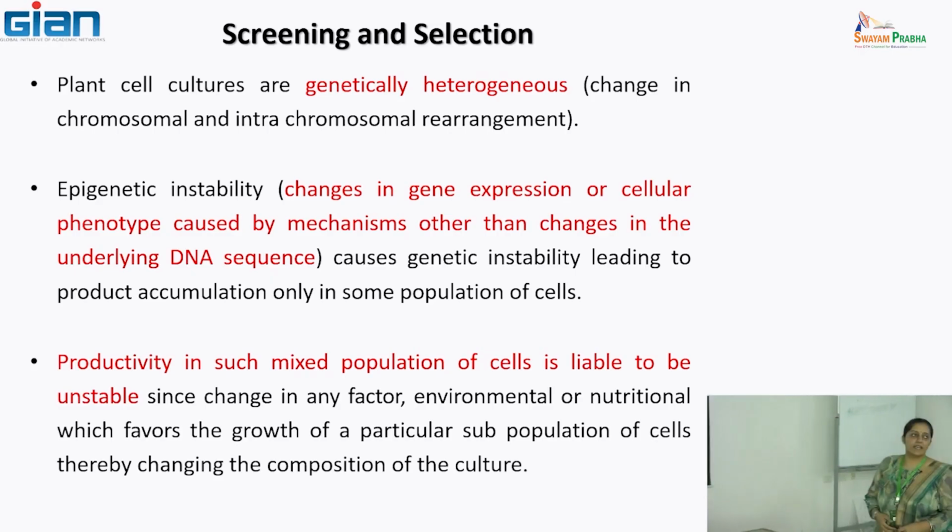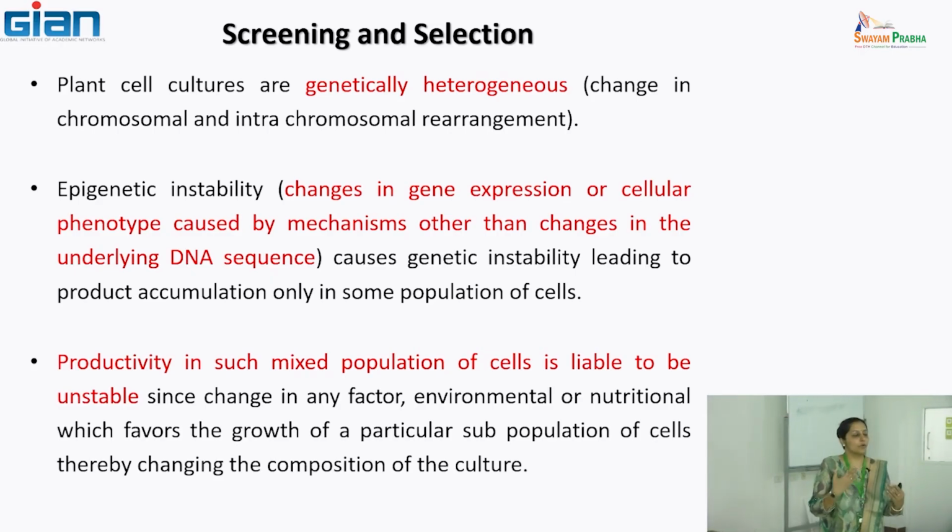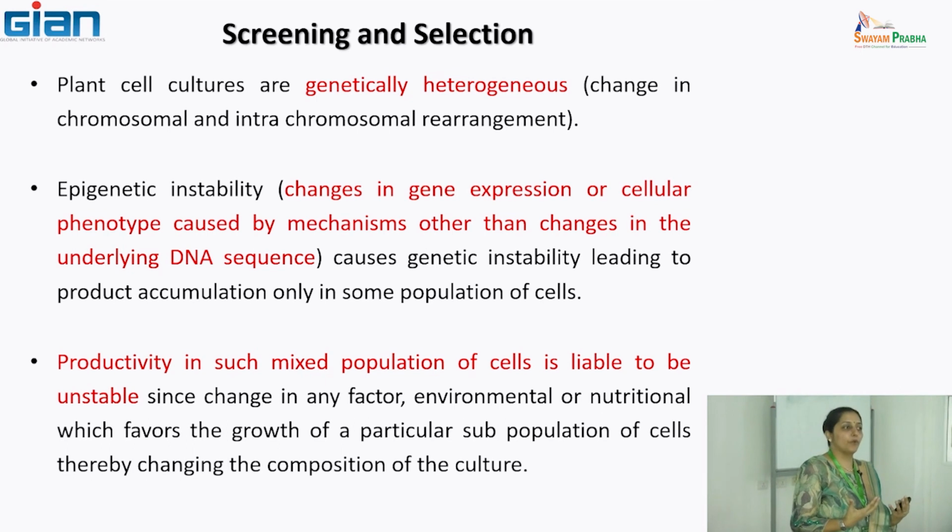Plant cell cultures are heterogeneous because of how you create callus. You take an explant and create a wound. Callus formation is a wound response in nature in these plants. Whenever a wound is created, the wound response sets in. The biochemical signal will try to revert the cells back to their meristematic state. They will mass multiply, try to cover the wound, and then suberin wax and all that coverage is done.